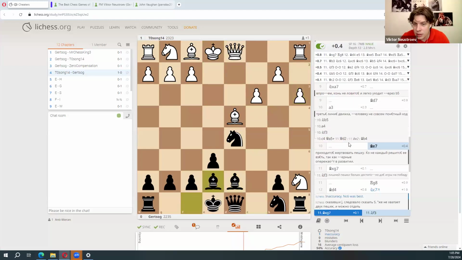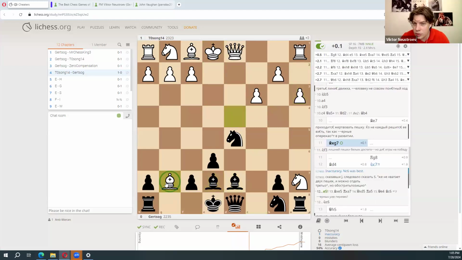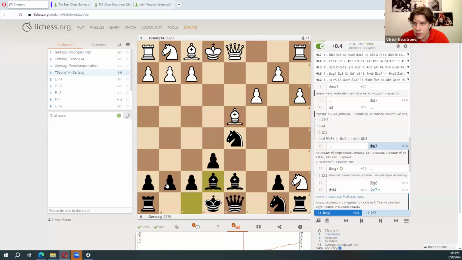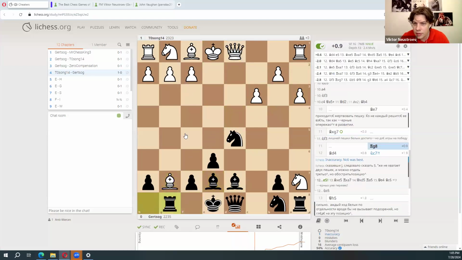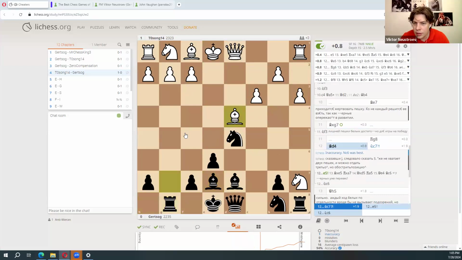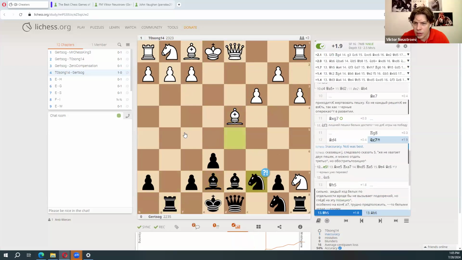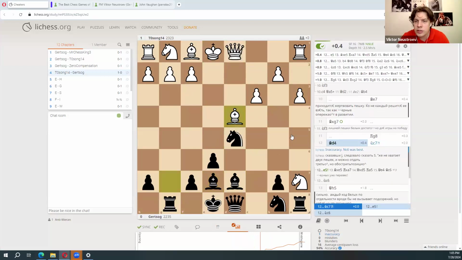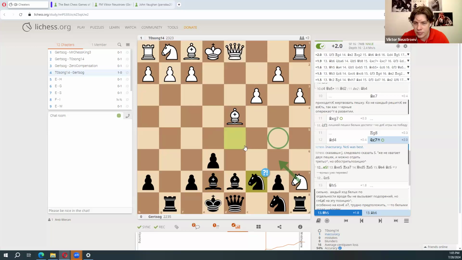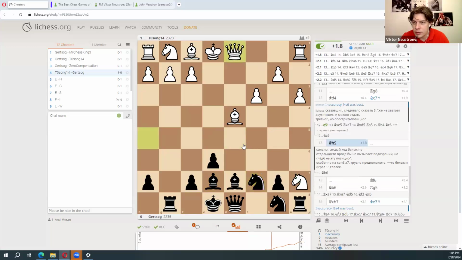So he does this, and then he takes on g7. That was not a blunder, it was a sacrifice. However, it looks to be not a sound sacrifice, because bishop g7 is the best move. Bishop d4, and then I play knight c7. I don't remember why. I wanted something. Ah, I wanted to stop the knight from escaping. That's the reason. Queen goes there.